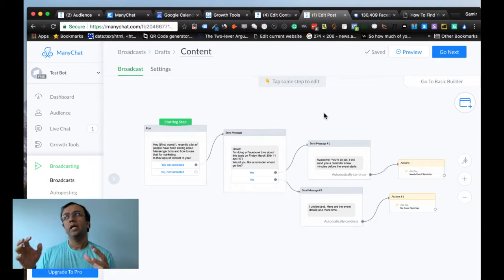Then, for example, let's say you have an event happening at 2 p.m. You can send a broadcast a few minutes prior to that event, let's say at 1:45 or 1:55, maybe 5 minutes before or 15 minutes before. You say that you have something new happening, and would the users like to know more about that?